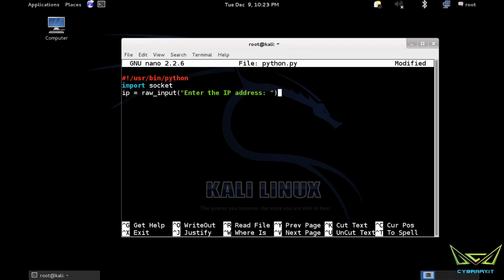So when this runs, it will prompt the user, enter the IP address, and whatever they respond with will be stored in that IP variable. So by storing it in the variable, we'll be able to use it later in the program. And let's also do port. So we want an IP address and port. So another variable called port, set it equal to